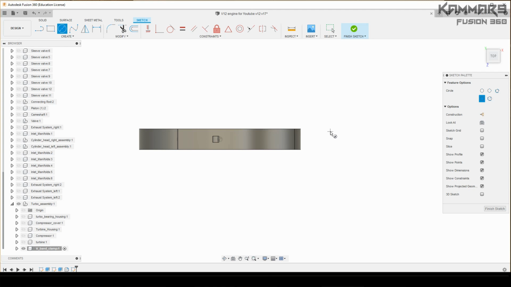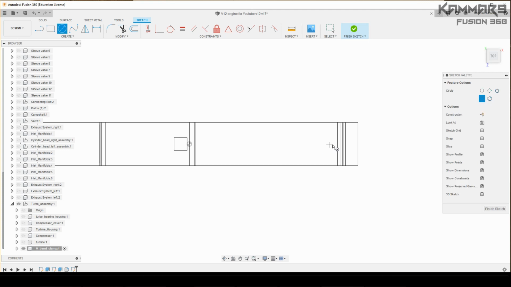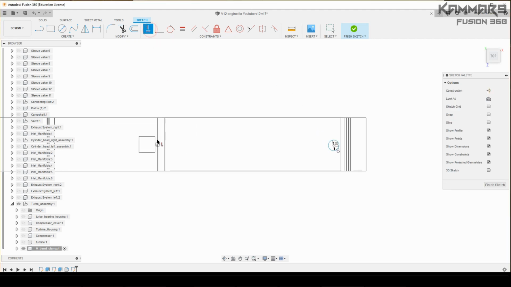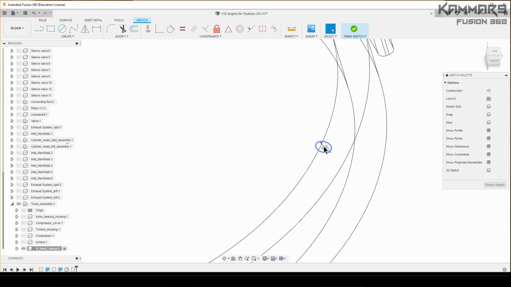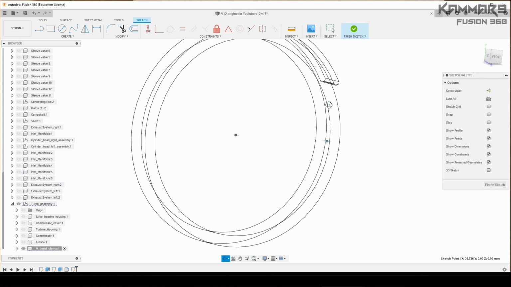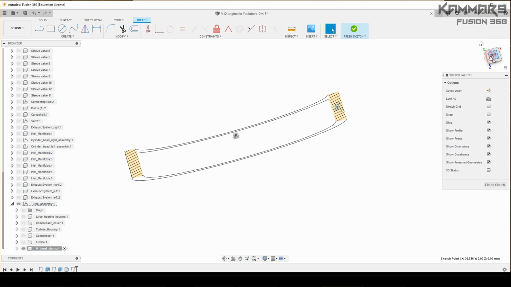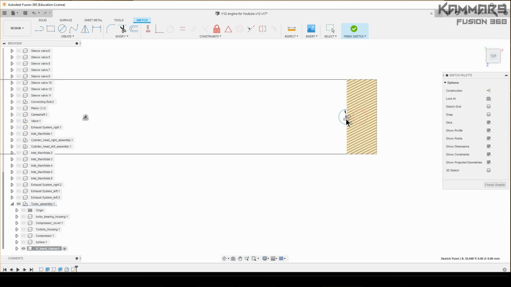Here I will start another sketch from the top. Just select the circle with 2mm. As you can see, you can turn it like this one. Okay. To see more detail, you can slice the view. Okay. Just click slice here. Look from the top. As you can see, you can